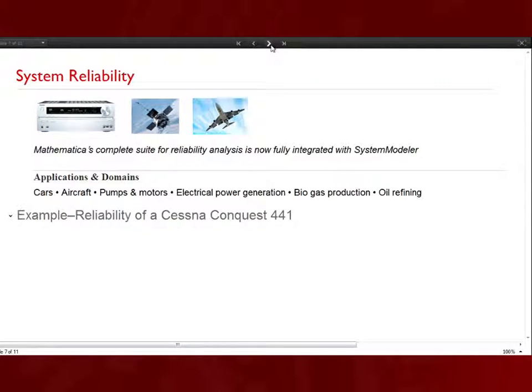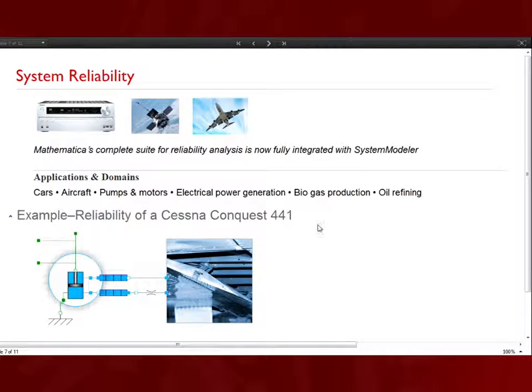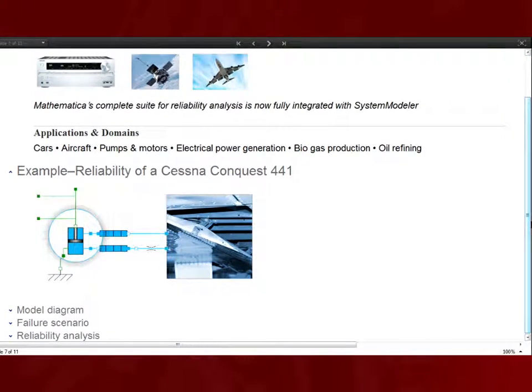Okay, so system reliability. As you saw, what I was modeling was how something was actually working, when it's working. You can also model things like, which I have presented before, how would something behave if you have some error? For instance, this one that comes from an old blog where we were testing the flap systems of a Cessna Conquest, where we have this model